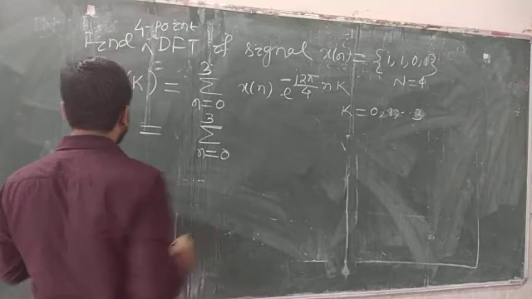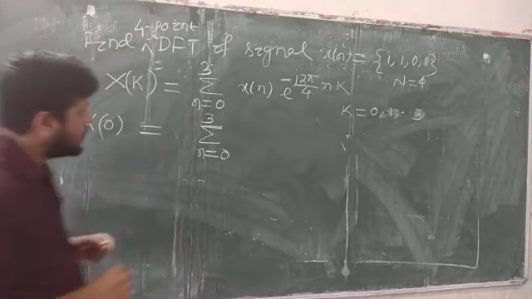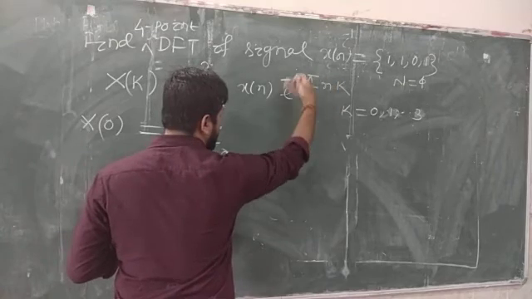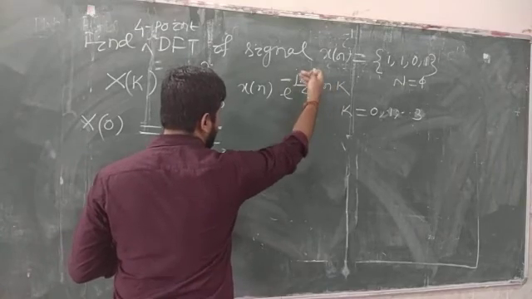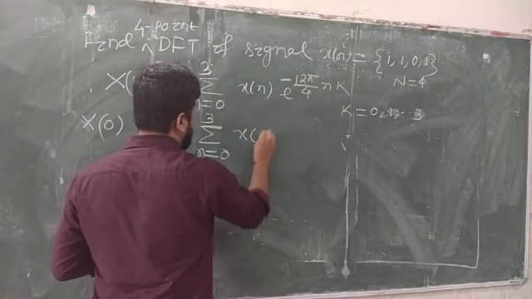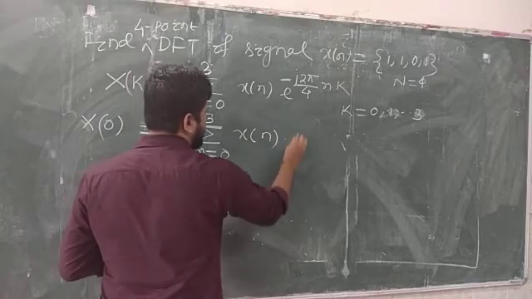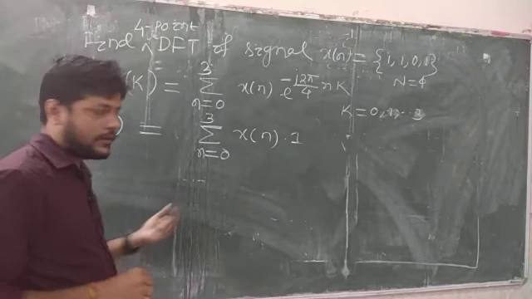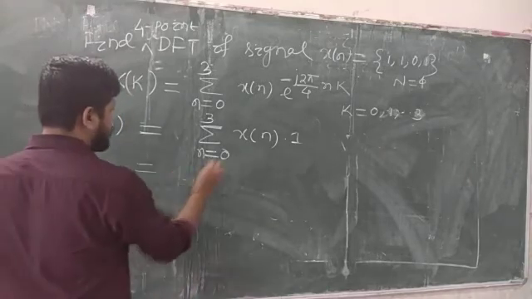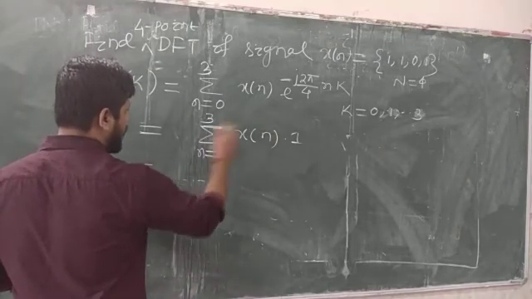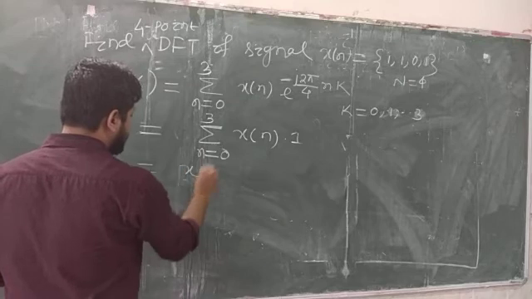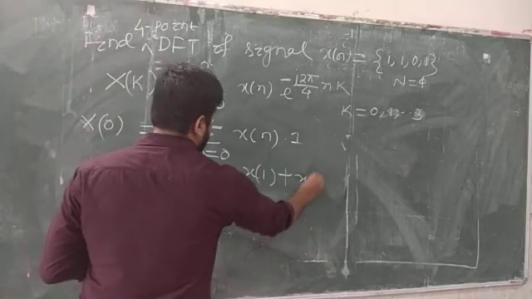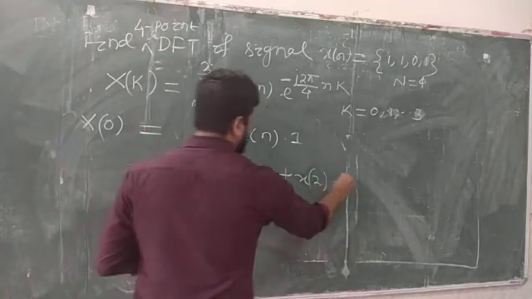Here n is equal to 0 to 3. When the k value is 0, you put k is equal to 0, and we know the whole product will be 0 and e to the power 0 will be 1. So x[n] into this whole term, which is 1. Now you have to open the summation, putting n is equal to 0, 1, 2 and 3. So x of 0 plus x of 1 plus x of 2